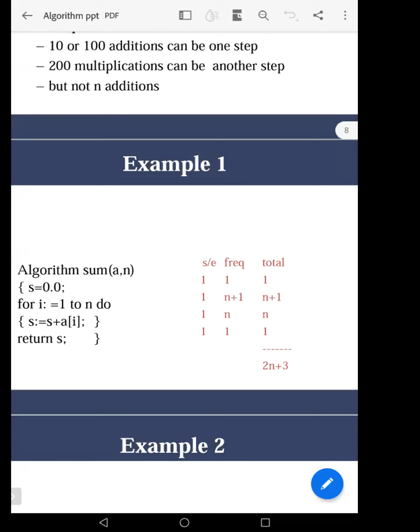If you see the algorithm, suppose there are 4 steps here. The first step is s is equal to 0. The second step is the for loop header. The third